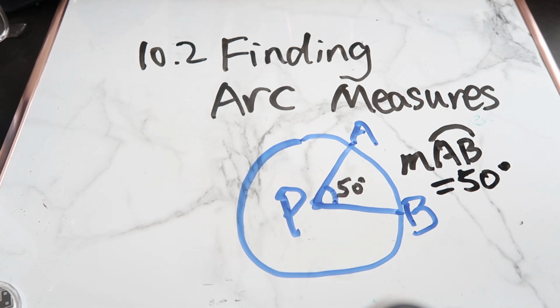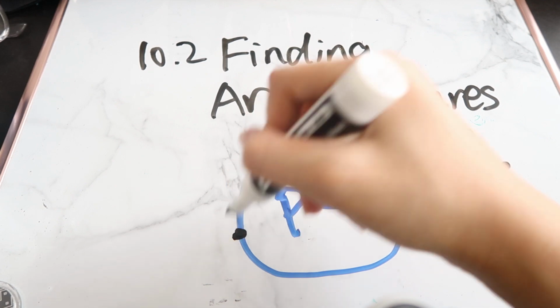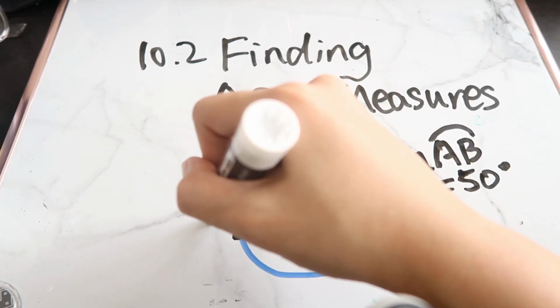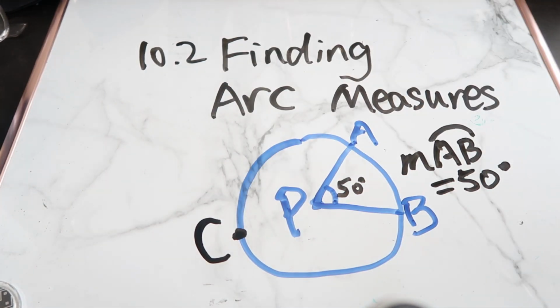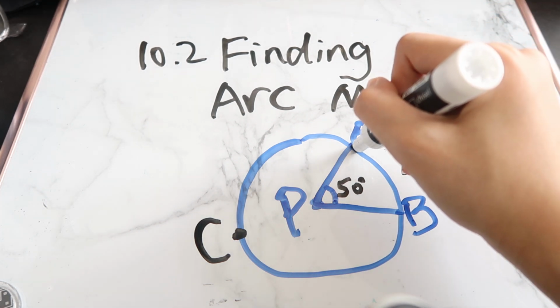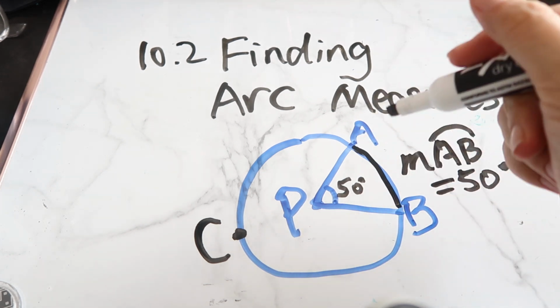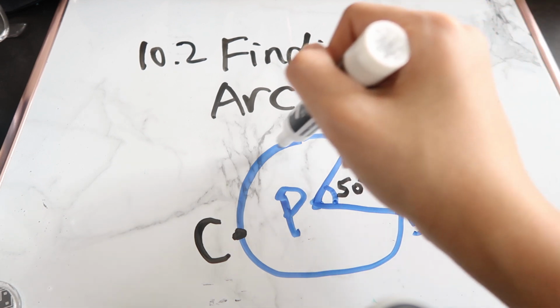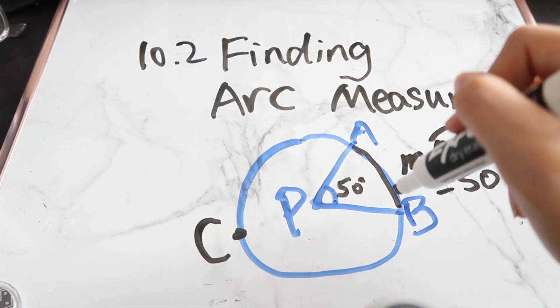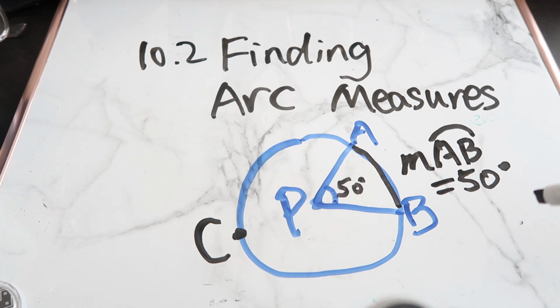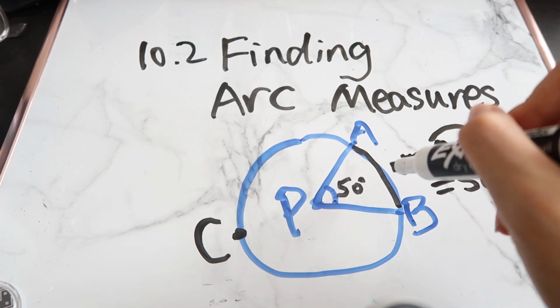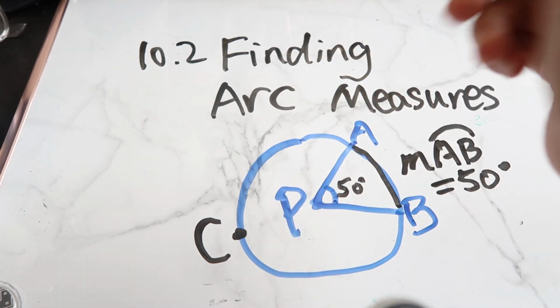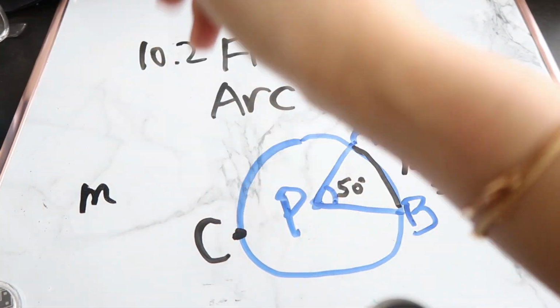And let's say we have another point on the circle, and we call it C. In this case, we'll have a different arc. The measure of arc AB is only from A to B, but because this is a circle, you can also go from another direction. So if you go from A all the way through C and then all the way to B, this is a different arc. Obviously the value for this arc wouldn't be the same as 50 degrees, because it would look bigger. So in this case, the measure of arc ACB,